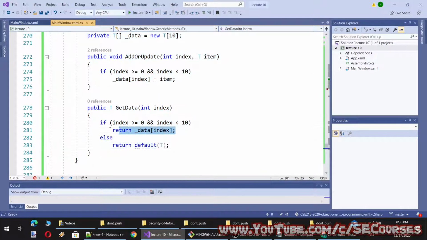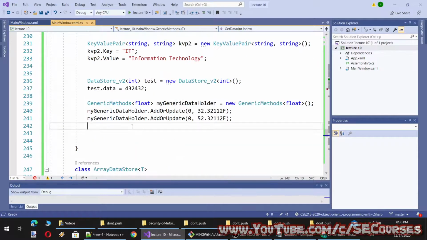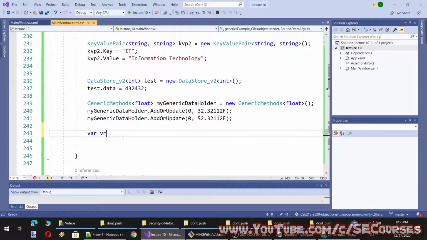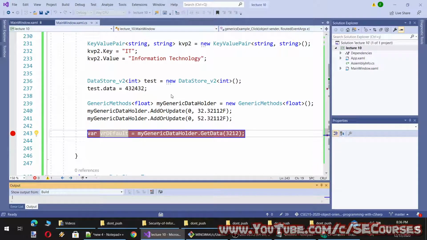You see, when you are providing something out of the range, it returns the default type of that data type. For example, I will provide like this. By the way, it has get data and like this. So this will return me 0 because that index does not exist. Let me show you.